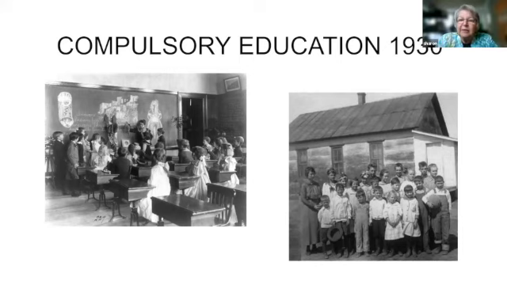Compulsory education came into being in 1930. Now, there was plenty of education going on before then. Lots of churches were educating, had schools, and even people who couldn't afford to pay the fees were often granted into the schools. The education was promoted. Of course, the slaves didn't get taught because, you know what, if you teach someone how to read, they start getting ideas. And so that was neglected.